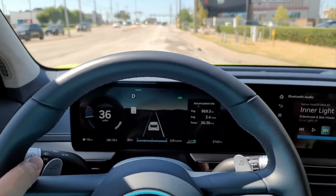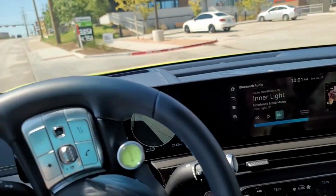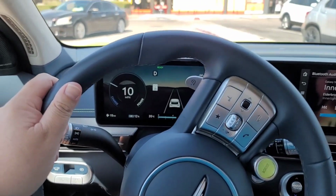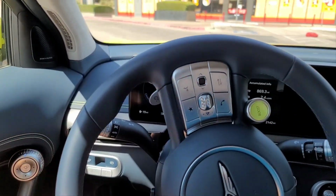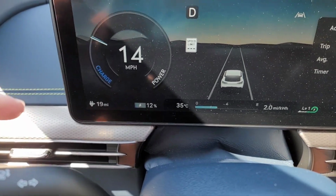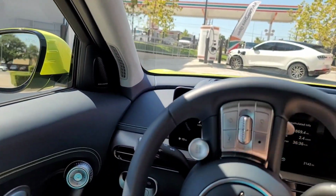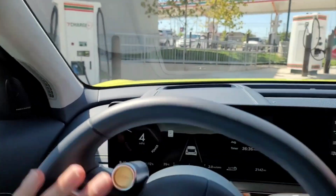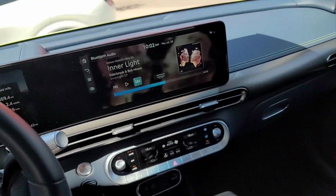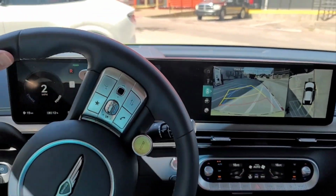All right, we're in the 2023 Genesis GV60 Performance, and I live in a place that has no charging station because I'm in a condo and it doesn't have power to the carports. So I need to charge. I've got 19 miles of range and I need to use this charging station. I have no idea. I think I have to back into it, so I'm just gonna do that right now. And then see,